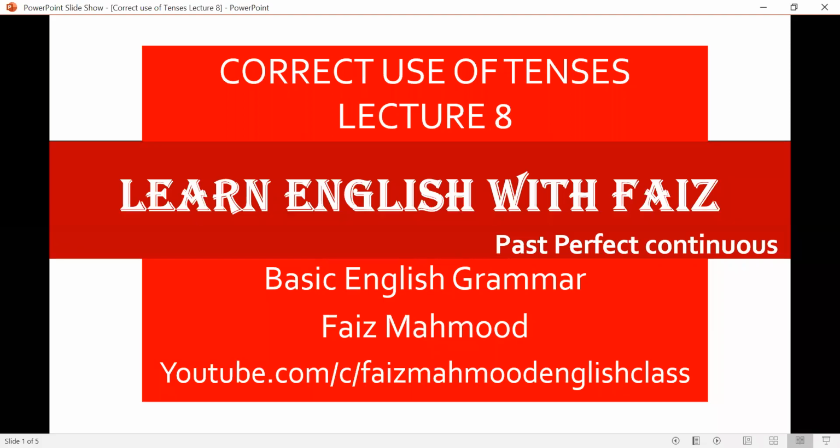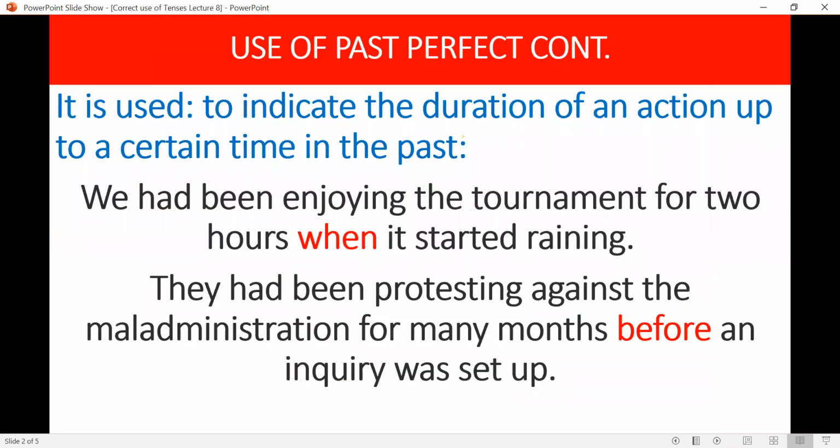Today, we will learn about past perfect continuous, its usage, and the situations where we can use past perfect continuous tense. Past perfect continuous tense is used to indicate the duration of an action up to a certain time in the past. It tells us the complete duration of an action which happened in the past